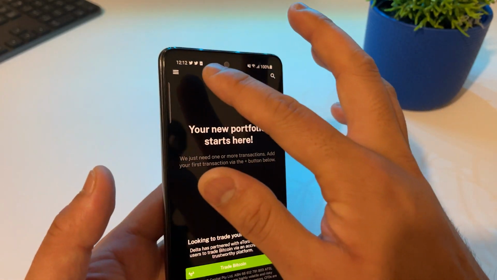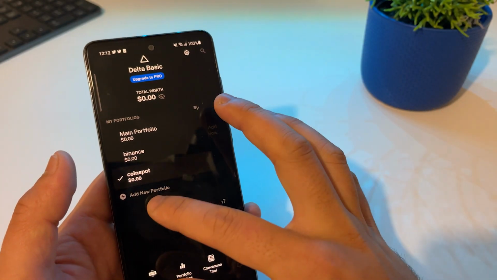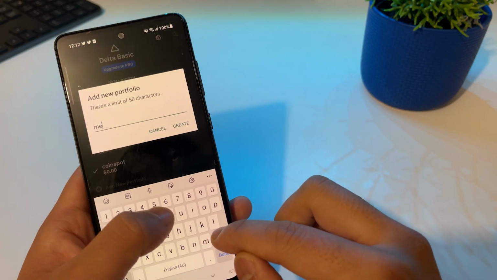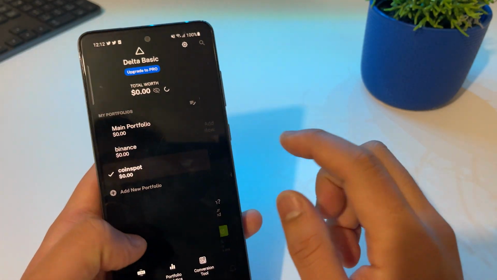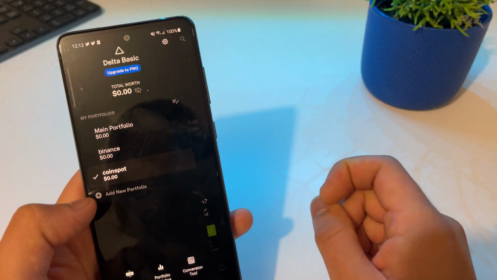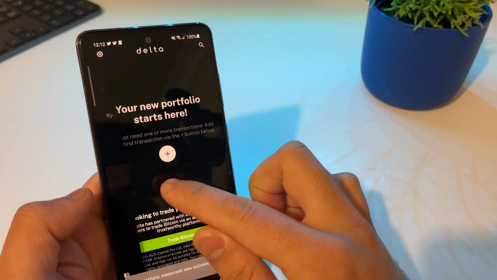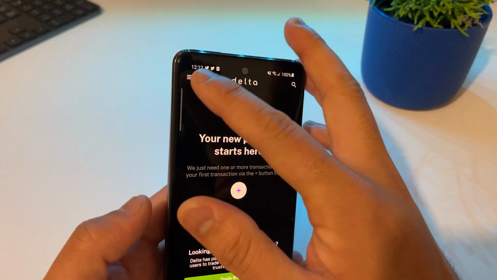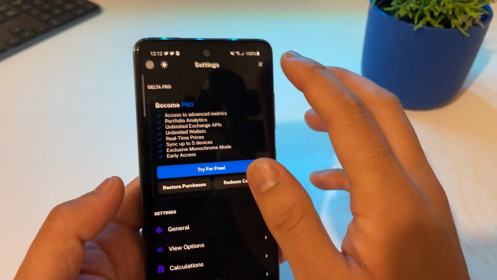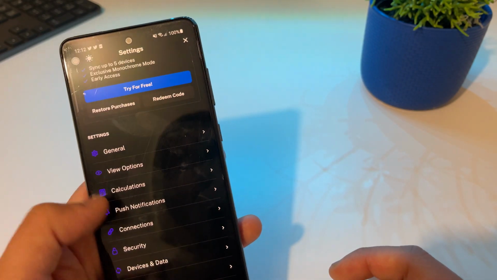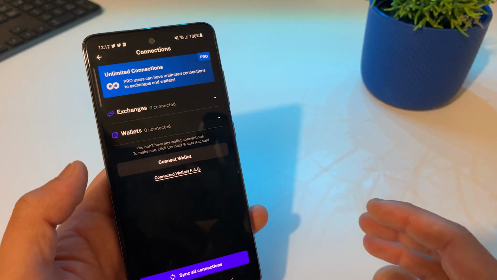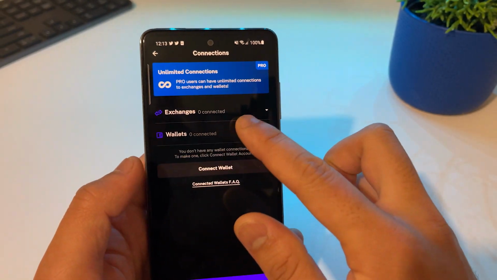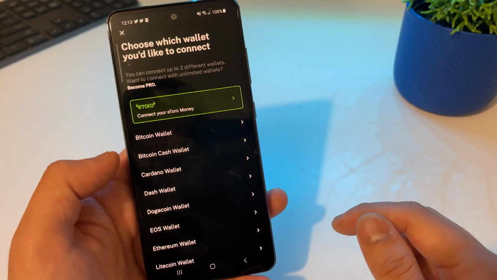So if you want to connect your MetaMask, what you do is tap on this account again. For example, you will create a new portfolio called MetaMask. Right, so tap on create and you tap on MetaMask. It opens your portfolio again, and you tap on the top left corner, tap on the settings again, and go to connections. And this time what you do is you tap on wallets. Tap on wallets and connect wallet, and it will give you different options.